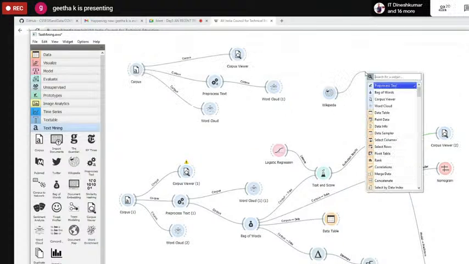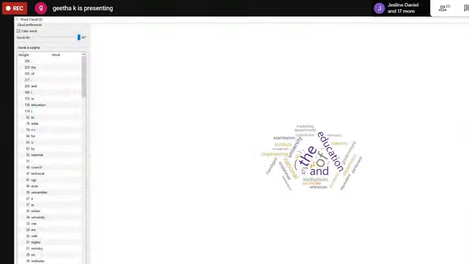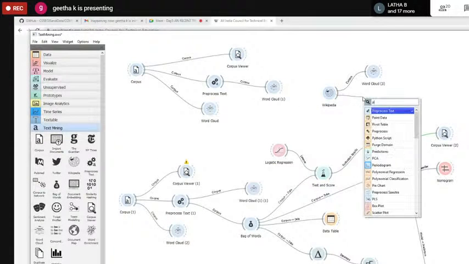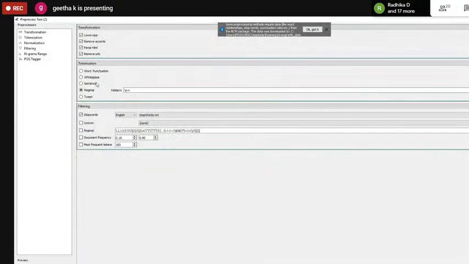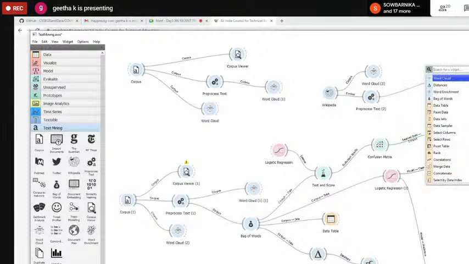We have to see the word cloud again. At least from this, let's pre-process the text: lowercase, remove stop words. Yes, once it is pre-processed,